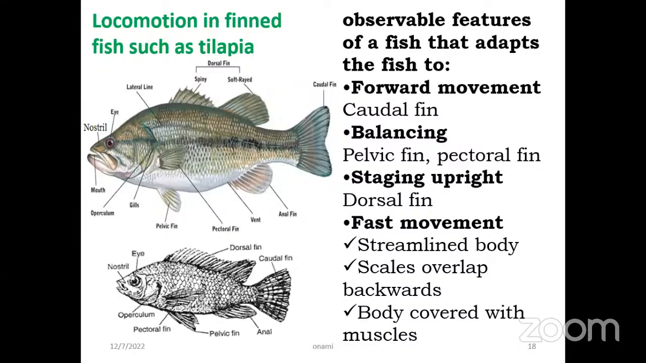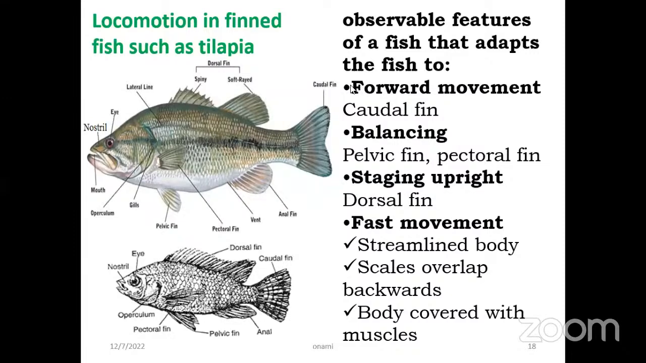Movement, the fast movement is enhanced by the structure of the body. It has a streamlined body. So it's able to reduce friction as it moves in the water. It has scales that overlap backwards, and that one enables it to move faster, reducing friction. It has muscles called myotomes that are able to contract and relax, enhancing the forward thrust. These scales are covered by a layer of mucus, and that one contributes to reduction of friction as the fish